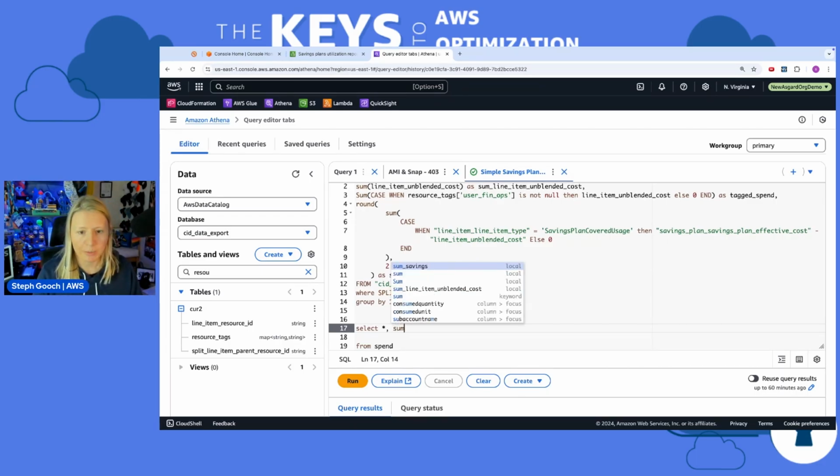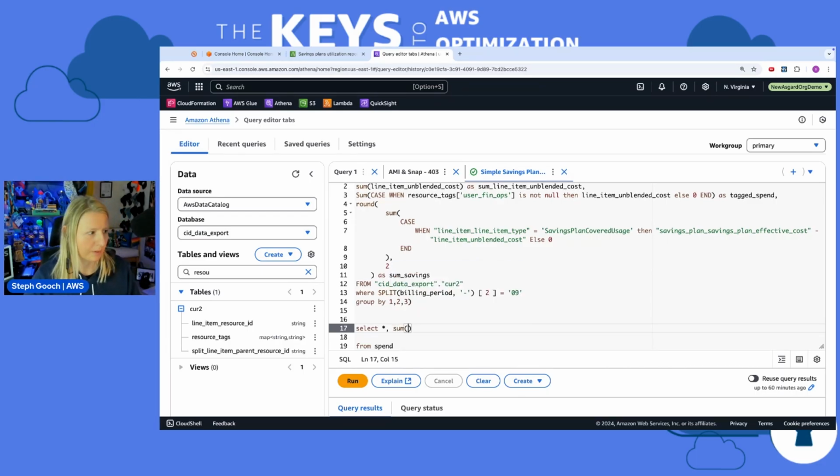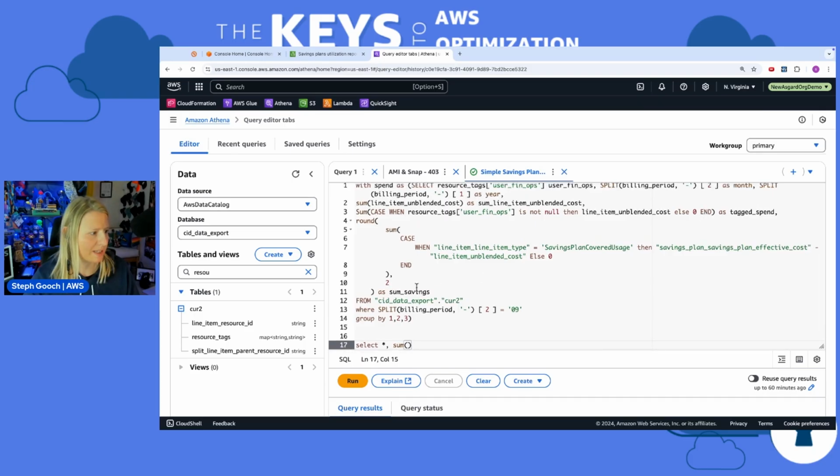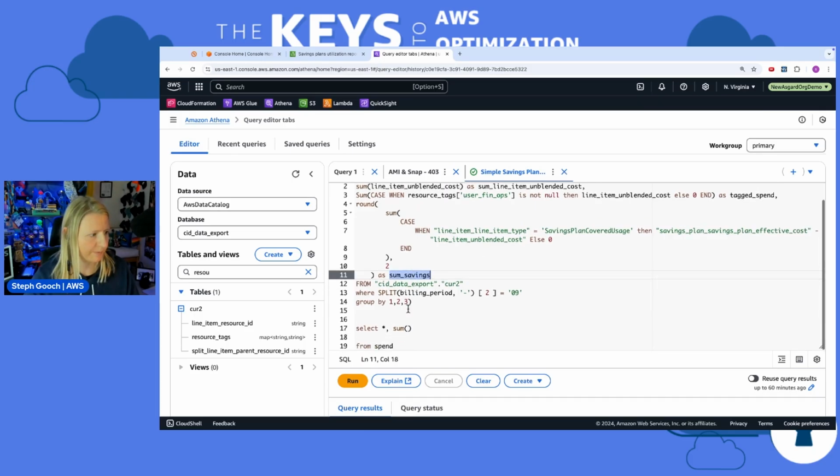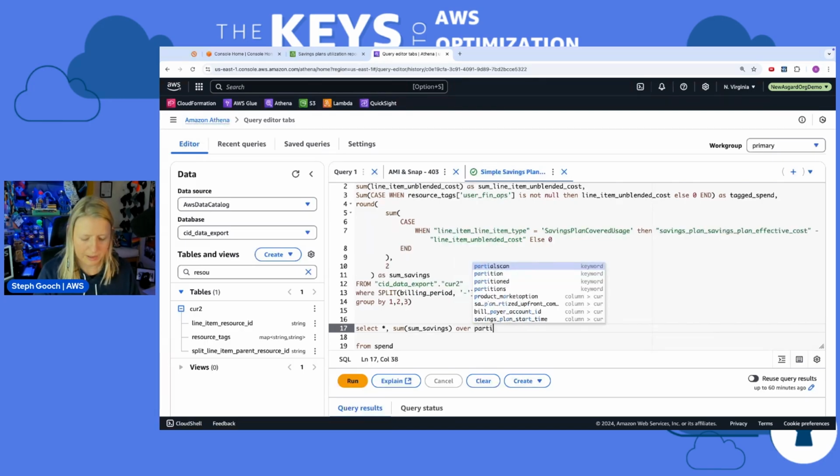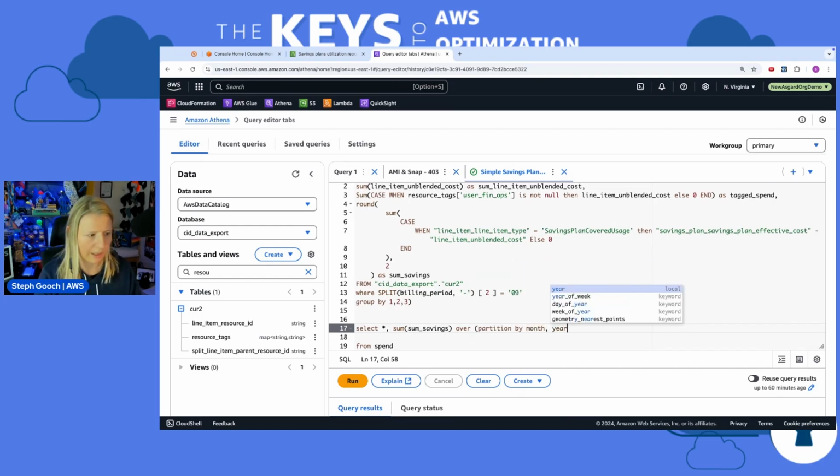So we do this, we're going to do a sum. And we're going to grab our sum savings over partition by month, year as total